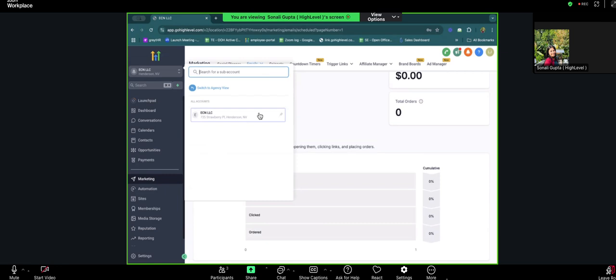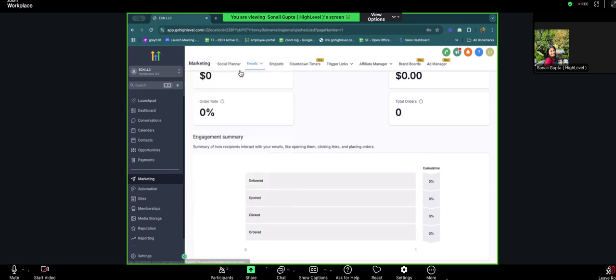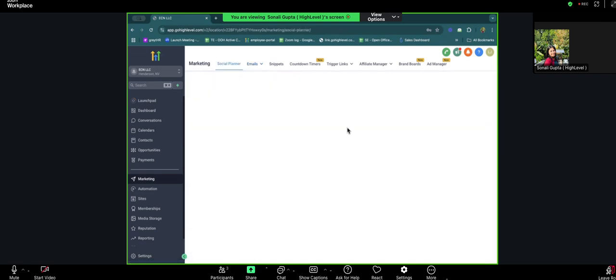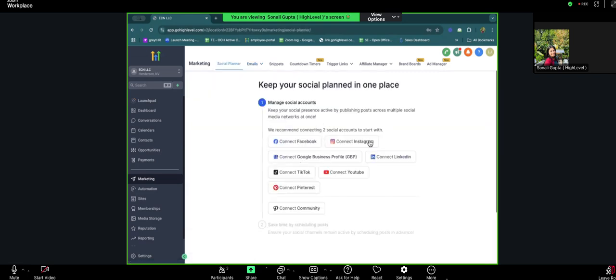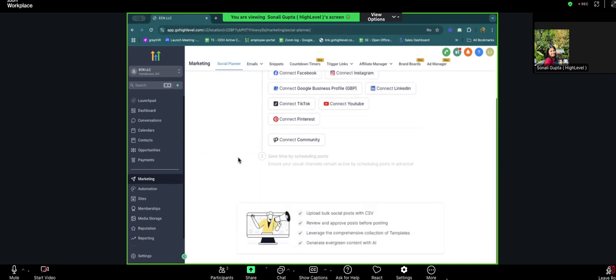Exactly. So consider whatever I'm showing you as something you can also offer to your clients for managing their social media platforms, their email campaigns and everything. I showed you where you have to integrate all the business profiles for your clients. Once you integrate your client social media platforms, you will have access to everything.